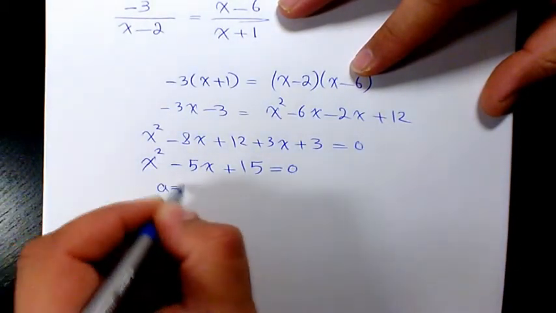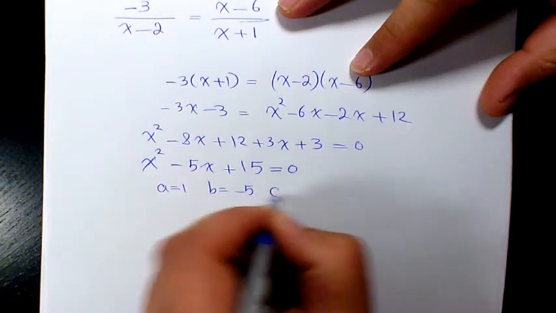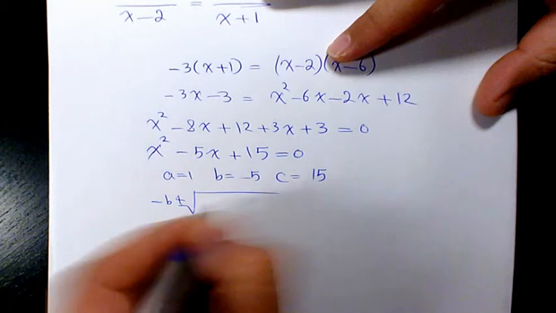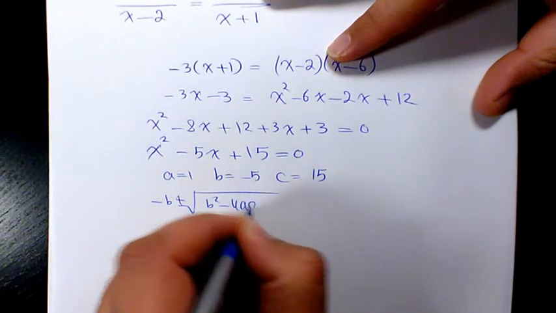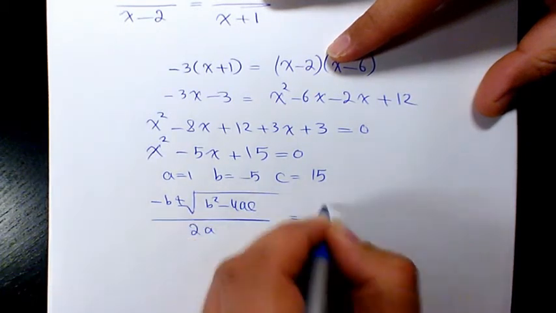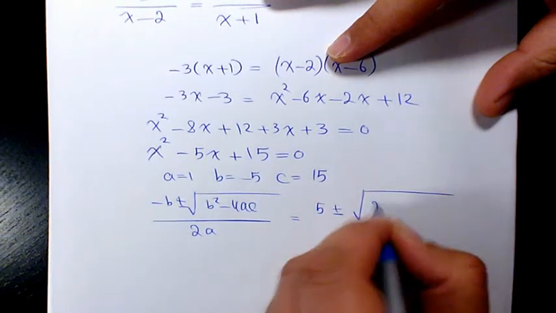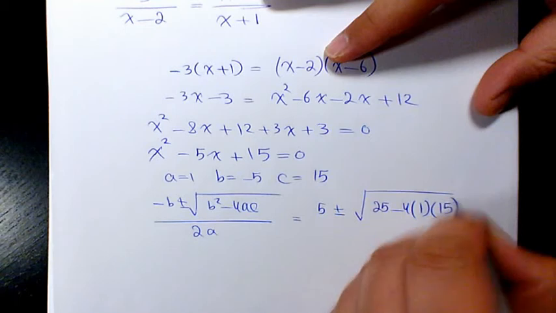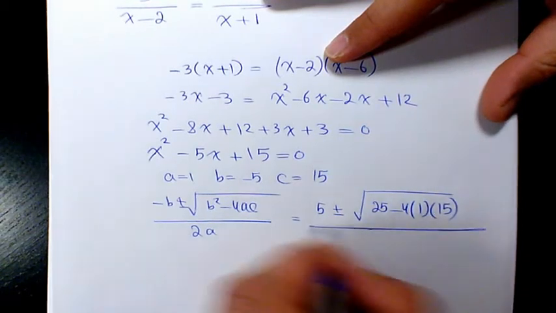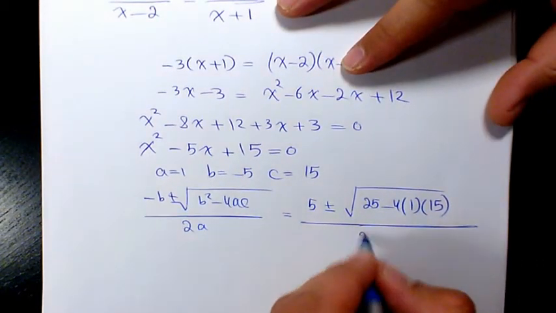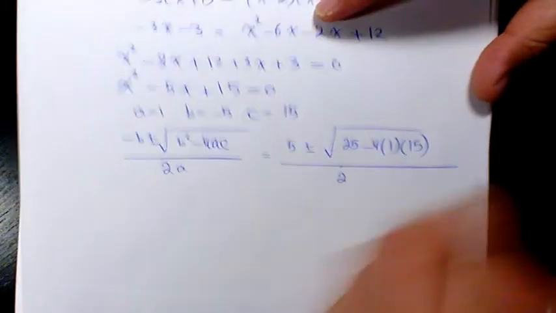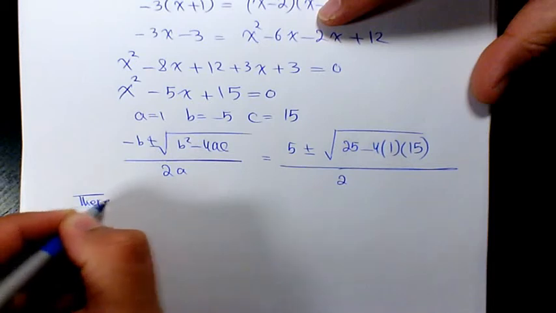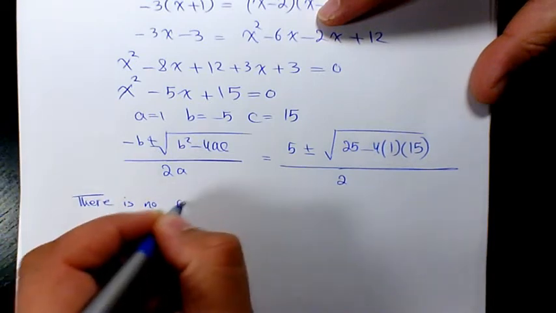So now a is 1, b is negative 5, c is 15. So negative b plus or minus the square root of b squared minus 4ac, over 2a. 5 plus or minus the square root of 25 minus 4 times 1 times 15, over 2 times 1, which is 2. So since it's going to be negative, there is no real